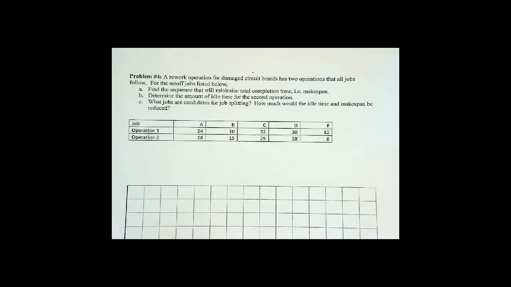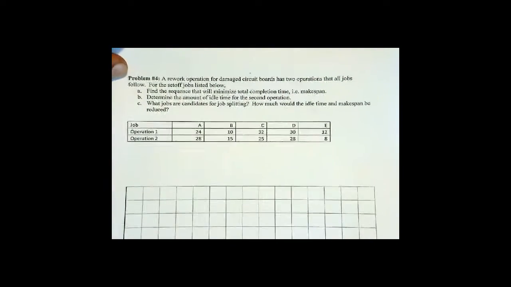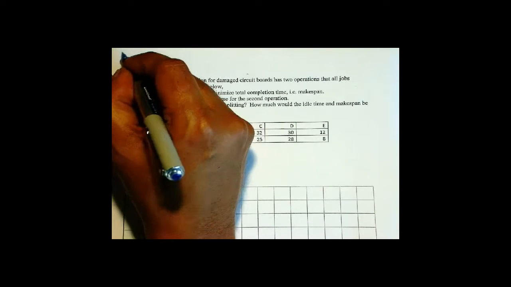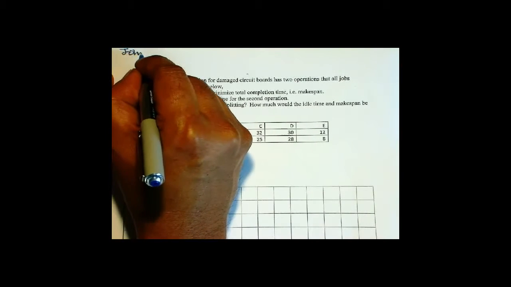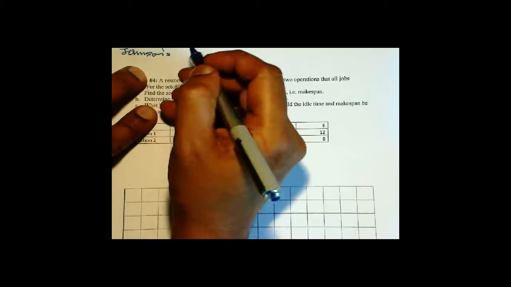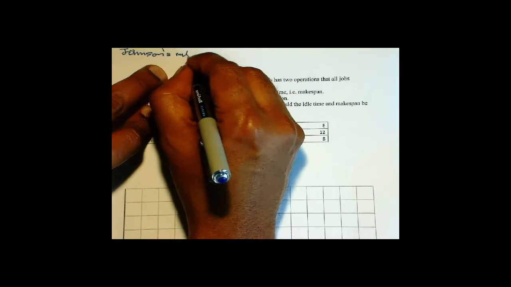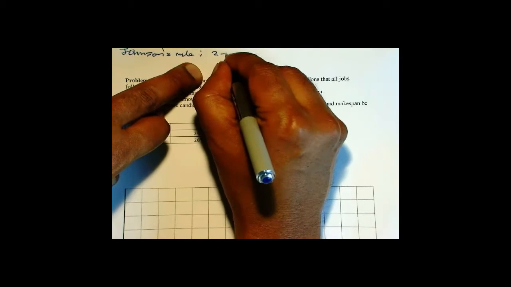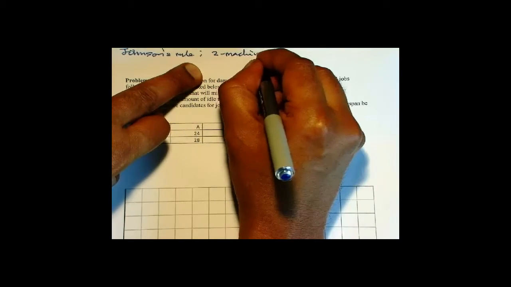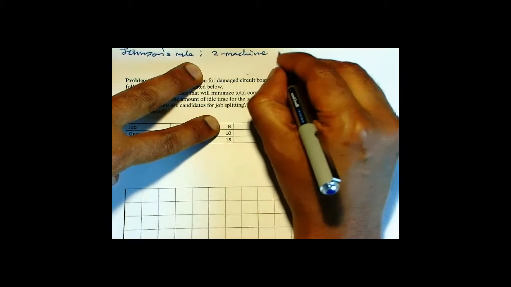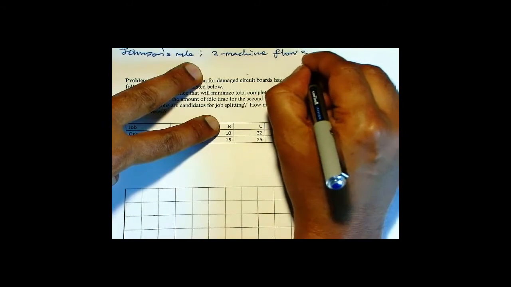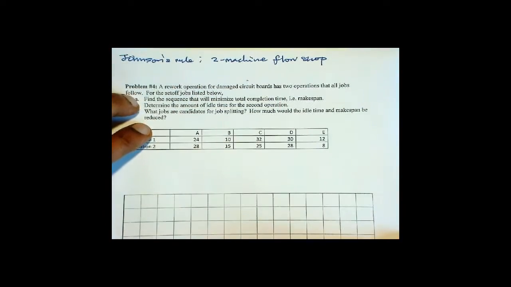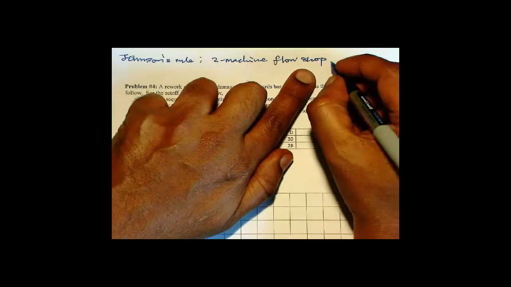Now let's look at an example problem of Johnson's rule. Remember, Johnson's rule is for two machines, and this is called flow shop. Flow shop means all the jobs flow through the same sequence of workstations, and this one minimizes